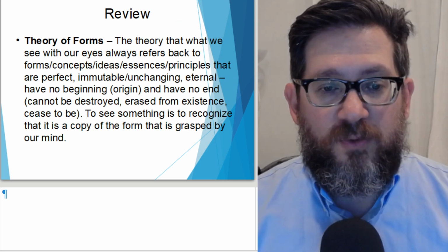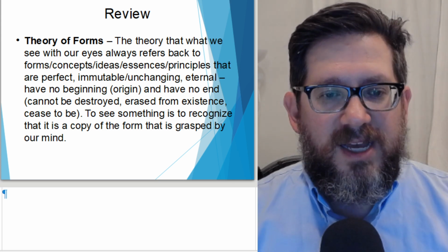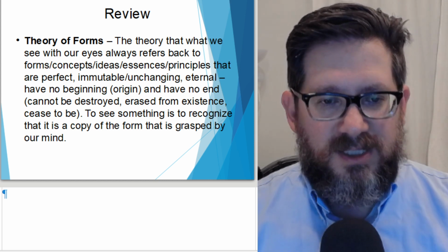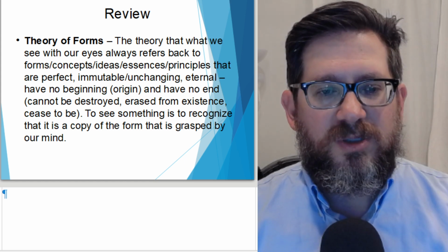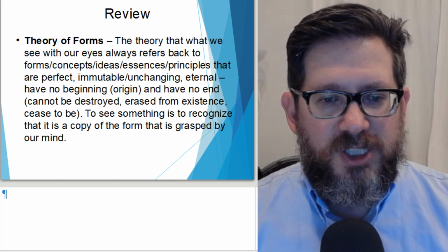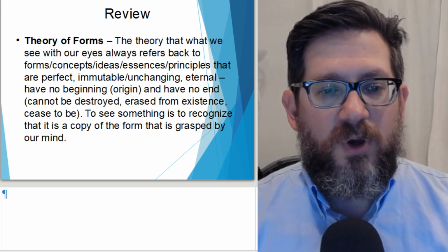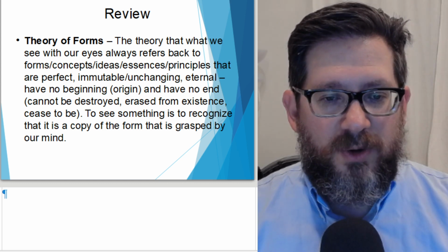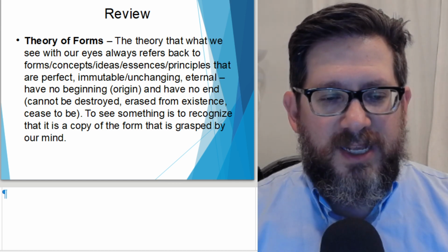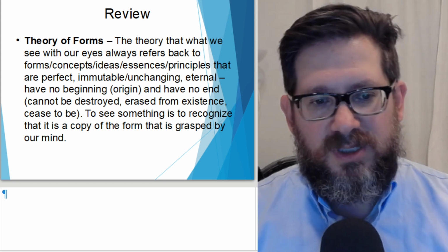So we have this theory of forms, right? It's a theory that what we see with our eyes always refers back to our forms, our concepts, our ideas, the essences, the principles, and these are perfect, they're immutable, right? They're unchanging, they're eternal, they have no beginning, no origin, and have no end. Right? They cannot be destroyed, erased from existence, or cease to be. So to see something is to recognize that it is a copy of the form that is grasped by our